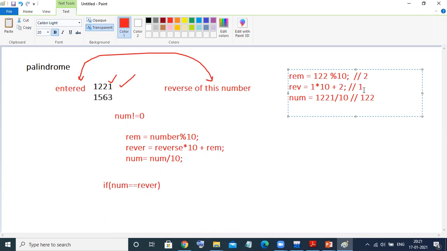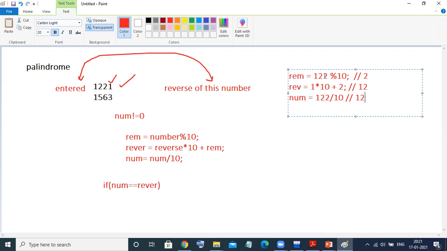So here it is storing 10 plus 2, that is 12. Now it divides 122 by 10, so it will give only 12. Now again 12 is not equal to 0.